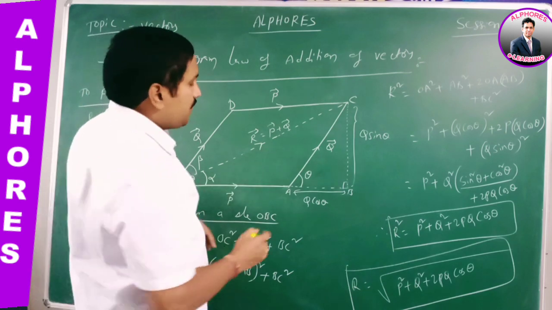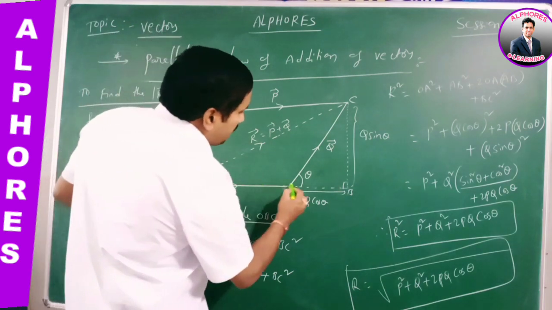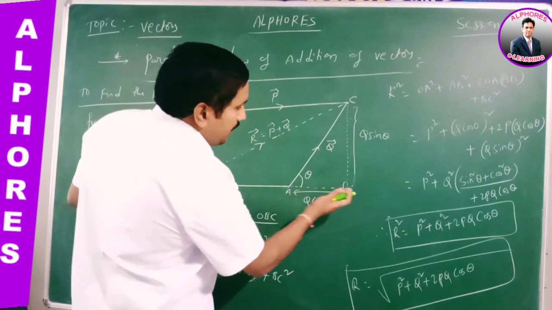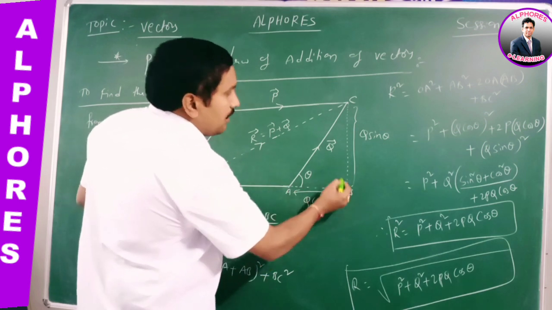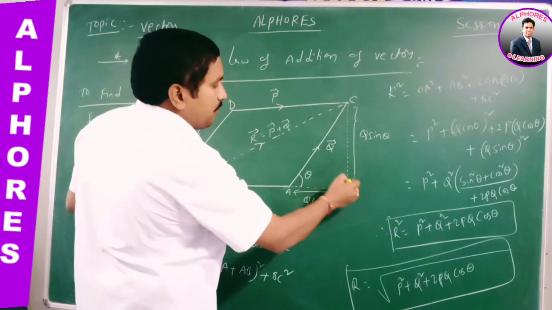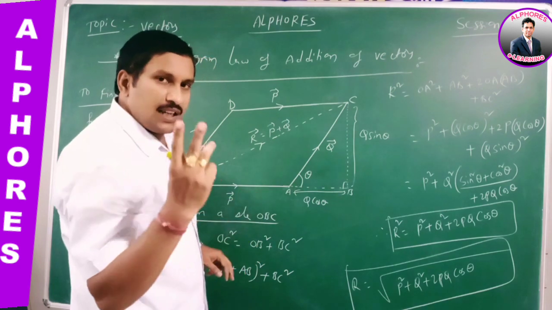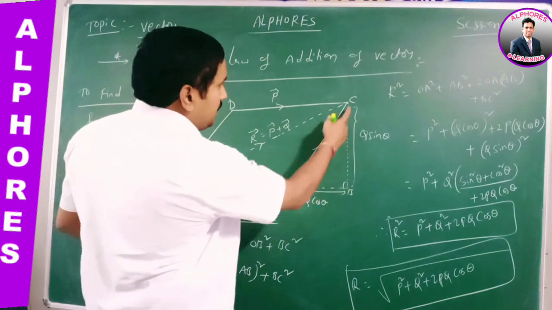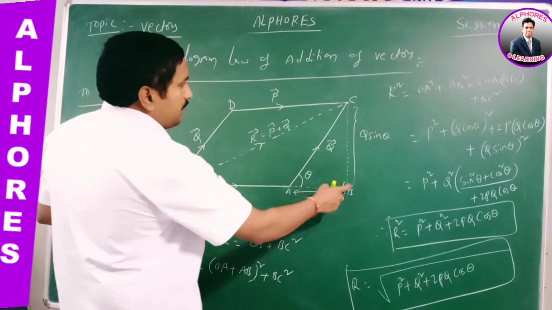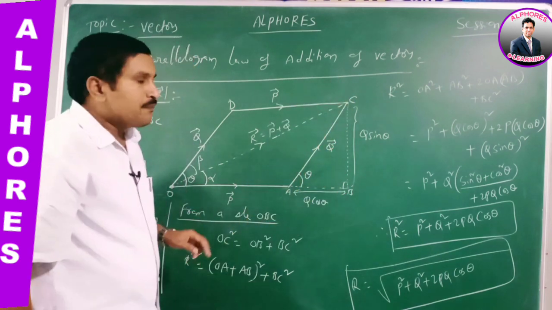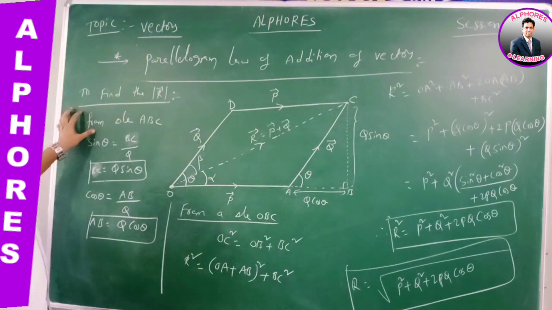That's why I am taking this vector P bar, slided, that is shifted parallelly, and I have to take the vertical projection from point C. Then it forms two right angle triangles: one is ABC and another one is OBC, from the diagram. Now from the small right angle triangle